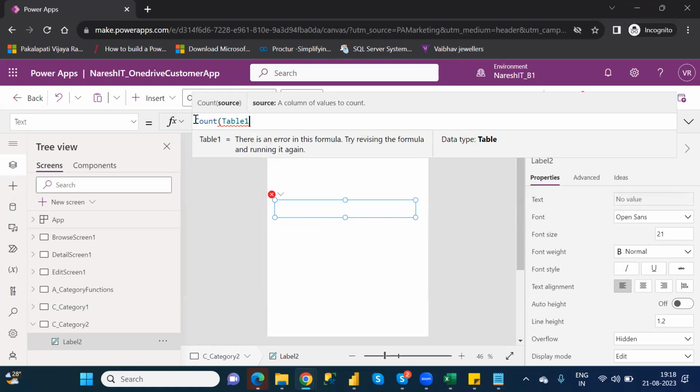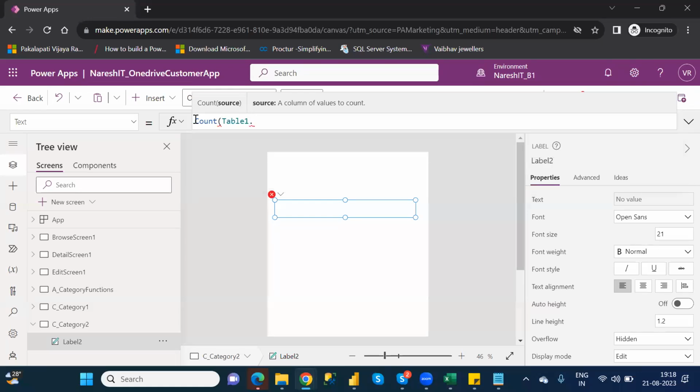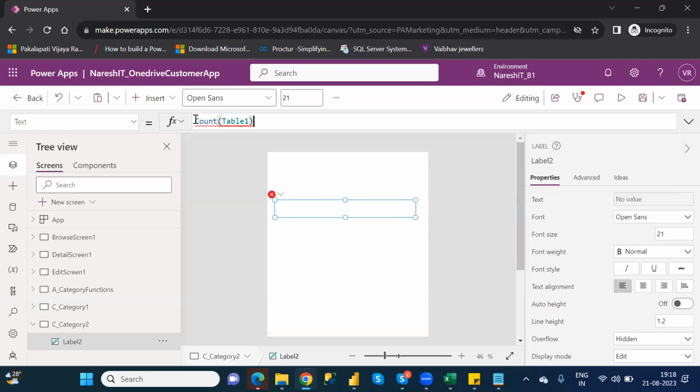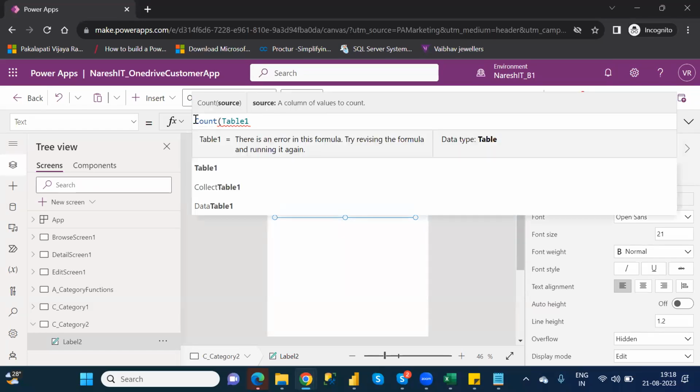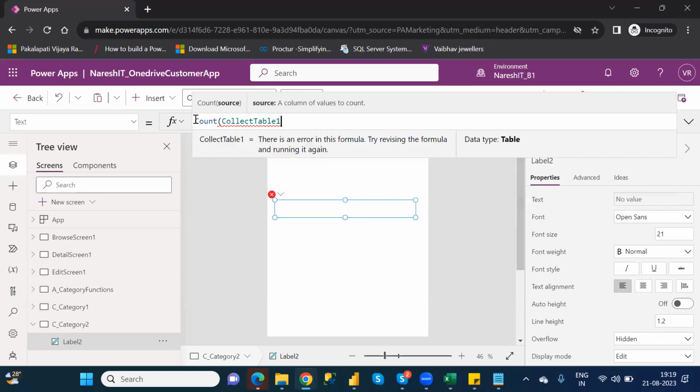You have to select that one. Suppose I want the collection table related one, then if I use it,